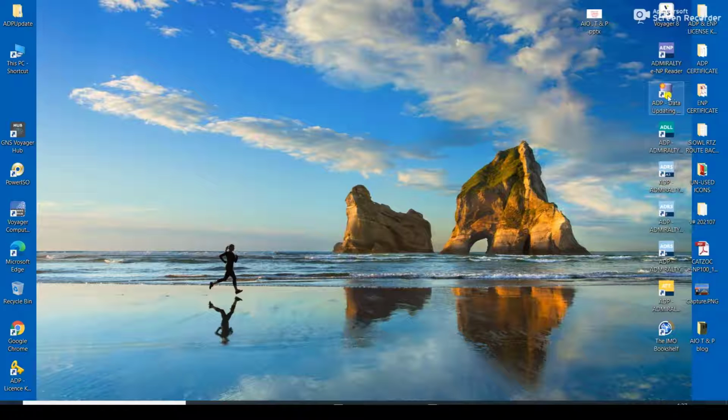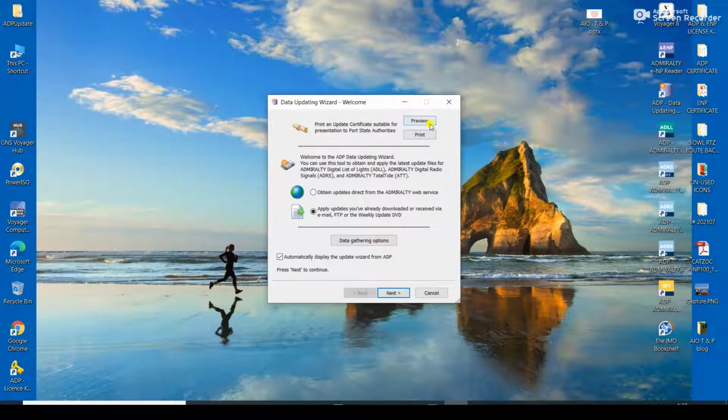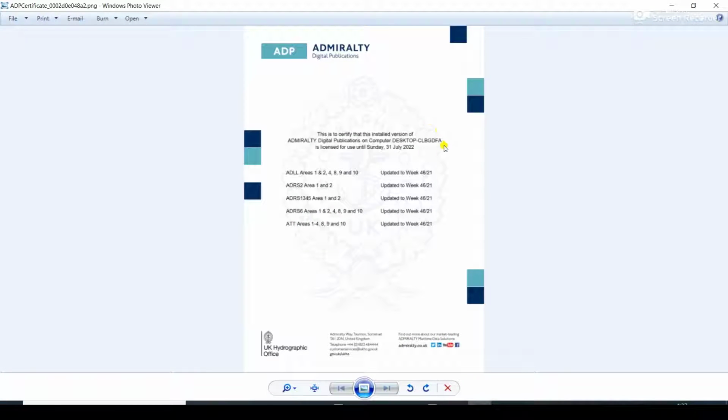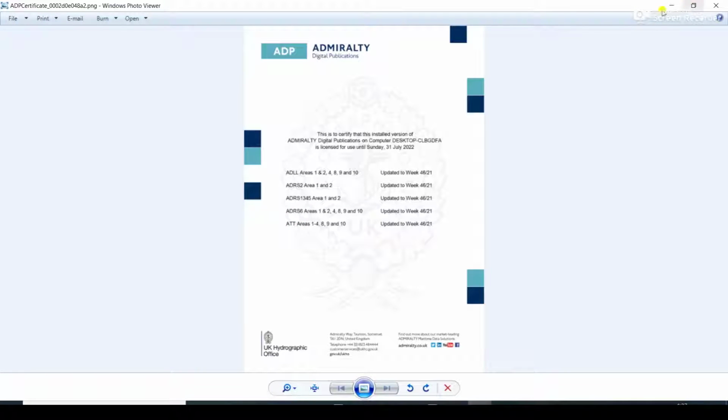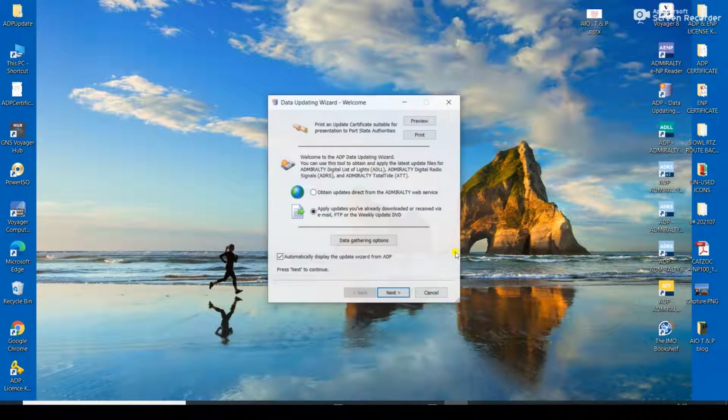So and then you can check your certificate. You have week 46, updated week 46. Okay, so file, make a copy and save to the desktop, and then you can print it later.